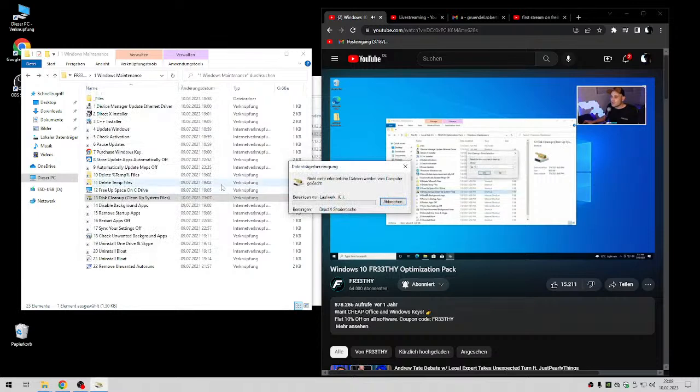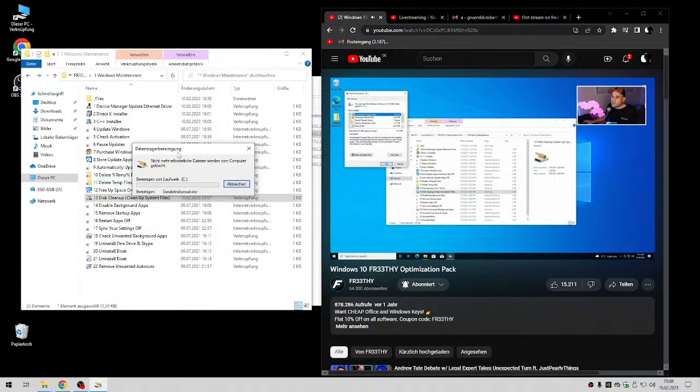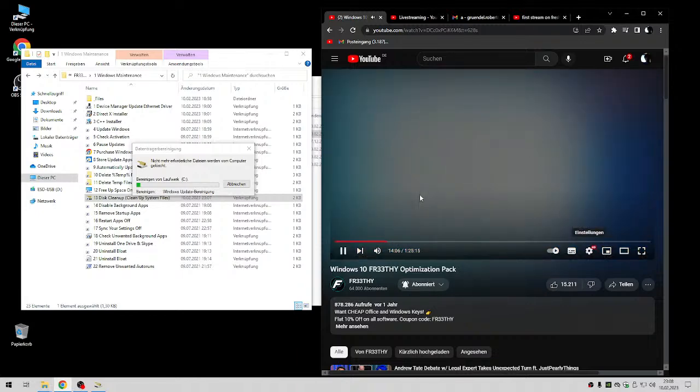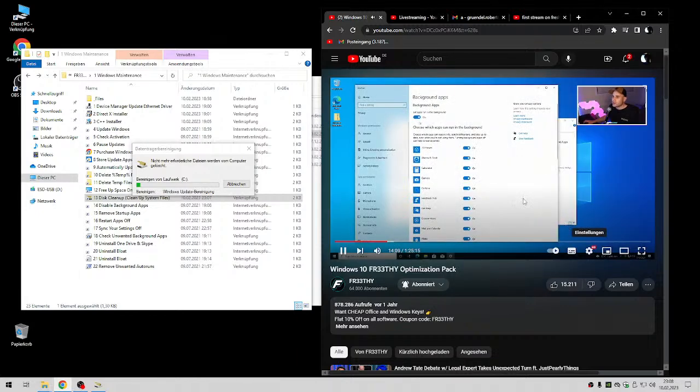That'll be fine. Go to disk cleanup here. That's okay. Then I want you to select all of these. All right. And then select clean up system files. Actually, we probably do need to select all of those. Click clean up system files. Now select all of these. You might see something that says Windows Update at the top as well. Go ahead and select that if you see that. Select all of them basically, and we'll do a full disk cleanup and then press OK and then delete files. Once that's done, I want you to run and disable background apps. Go ahead and turn this off. We don't